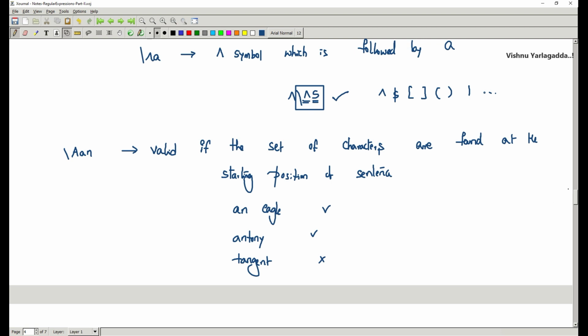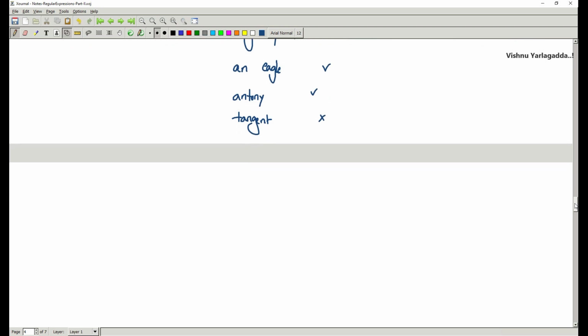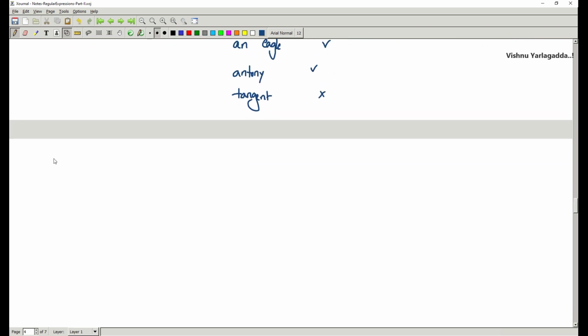Similarly, I am going to explain the \b. It is valid if the specified characters are at the end of the sentence.